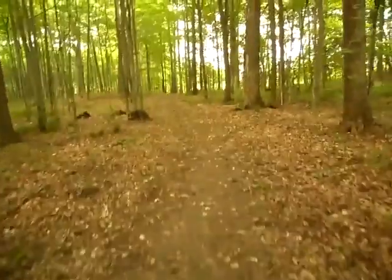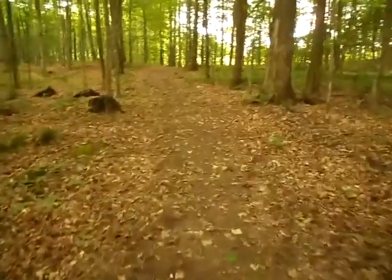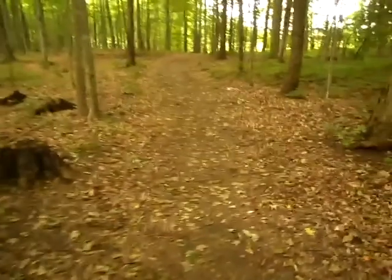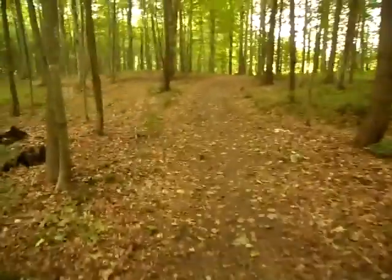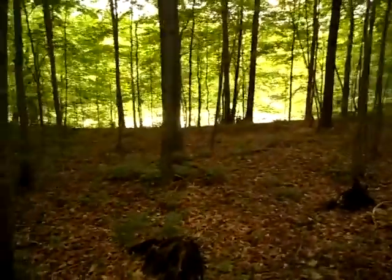Hello everyone, I'm on the trails of ESPA 19, Environmentally Sensitive Protected Area 19, located in the northwest corner of the City of Waterloo. This forest is otherwise known as the Forested Hills. And I'm going to show you a fort that was built in the capture zone of a pond known as